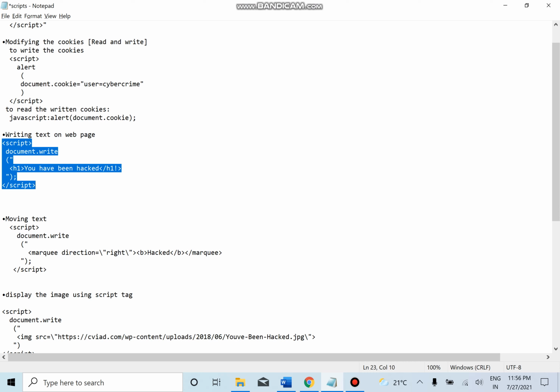Copy this script. This is a script tag of JavaScript, and document is a DOM method which calls the write function of JavaScript, and I am going to write a "you have been hacked" message on the web page using a headline tag of the HTML.